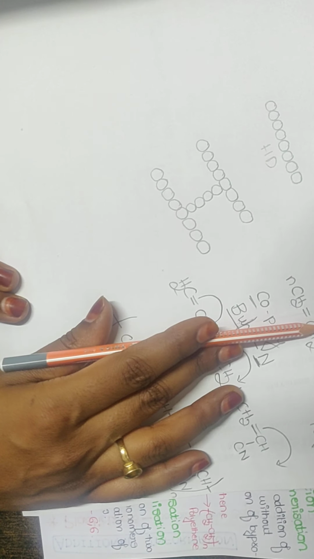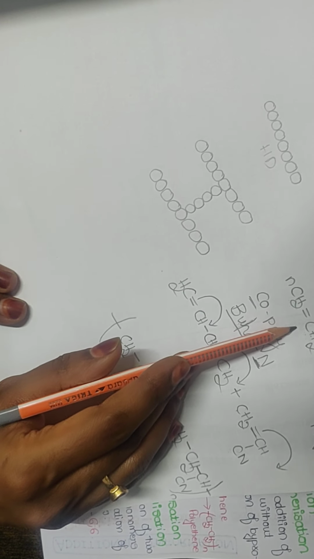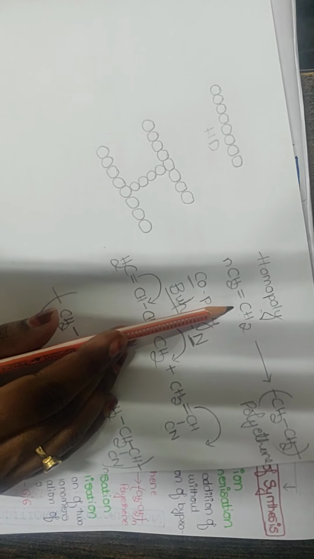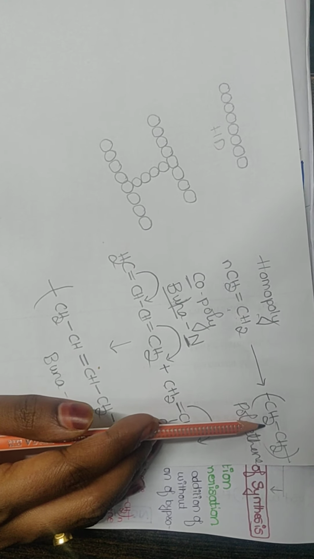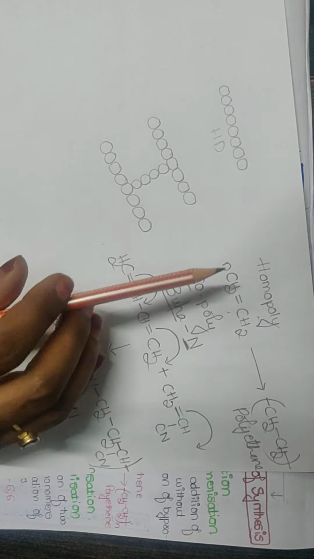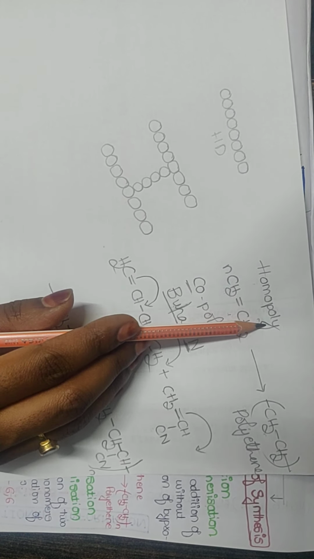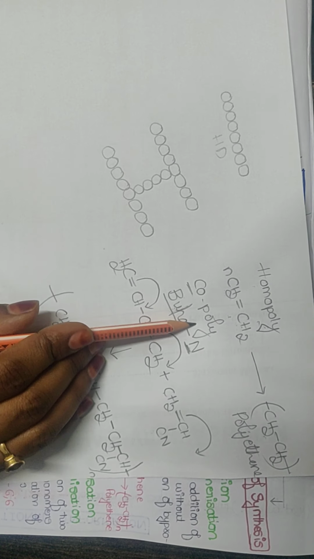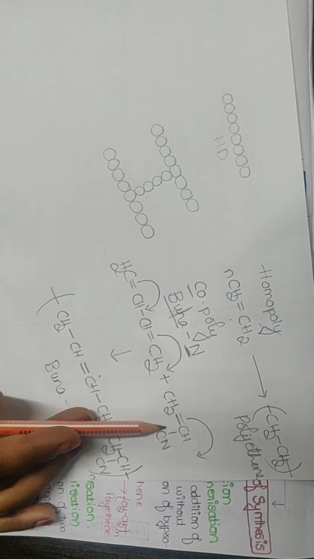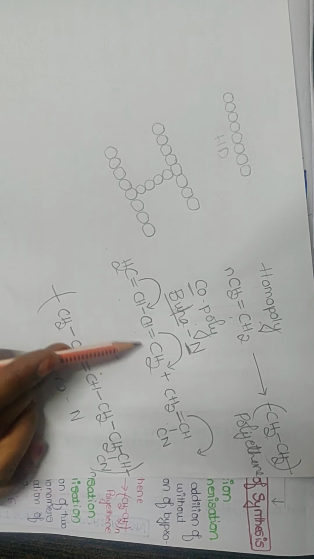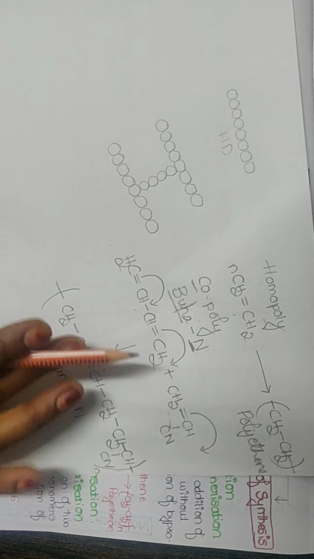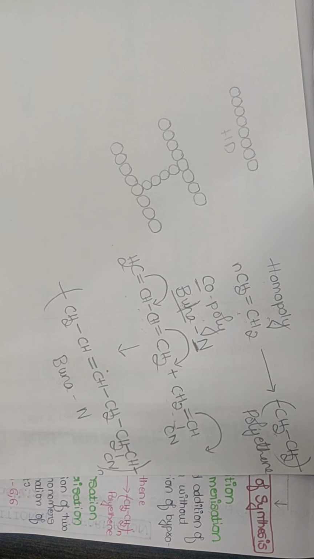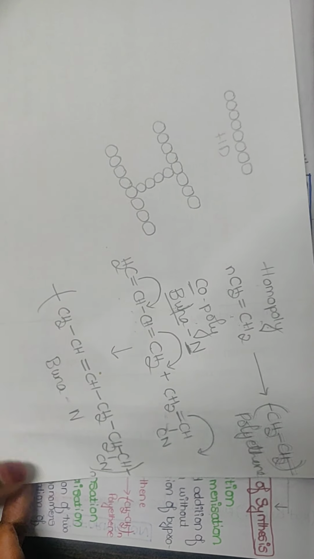So I hope you have understood that in case of homopolymerization, I should take a single monomer, a single monomer repeated several times without elimination of simple molecules. If I end up with a polymer, then it is called as homopolymerization. Copolymerization, refer, I should take 2 different monomers, and both the monomers should have an unsaturation and they get added up without elimination of simple molecules. Then it is called as copolymerization.